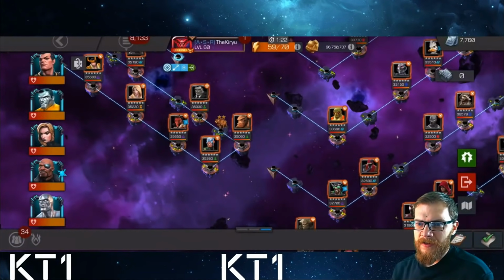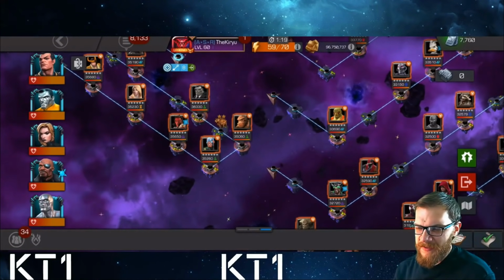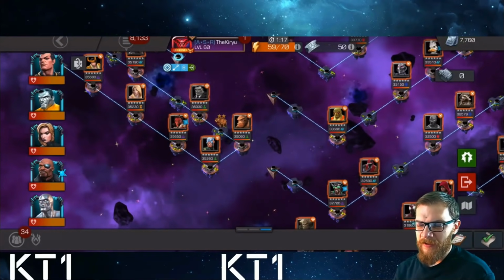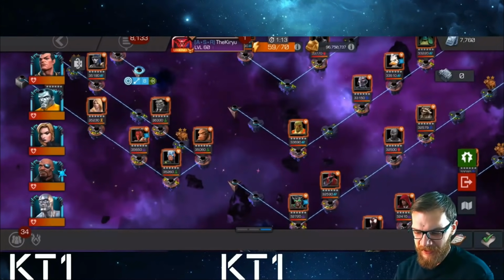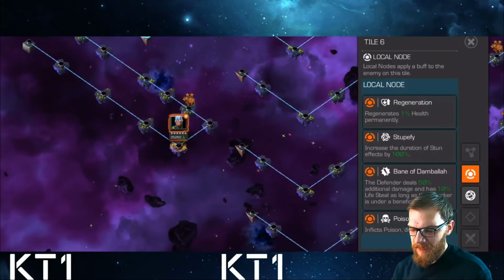But there are several viable options, and basically anything that is Incinerate immune would work in any Mephisto matchup and can be used there because there are no extra restrictions. Our next fight, here we have